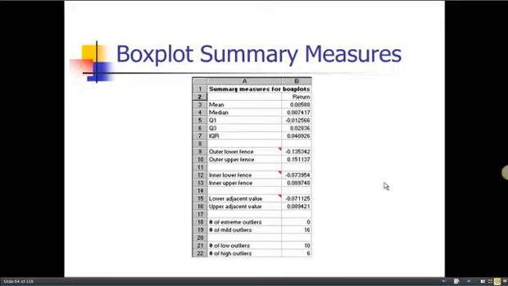And this chart shows you some of the measures that are displayed in a box plot or box whisker plot. Depending on how advanced your routine is for generating these, you may see more or less of these summary measures, but at the very least, the box plot allows you to see the mean, the median, the first and third quartiles, and something called the interquartile range, which is the distance between the